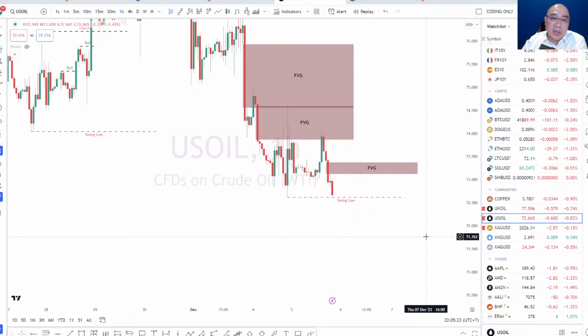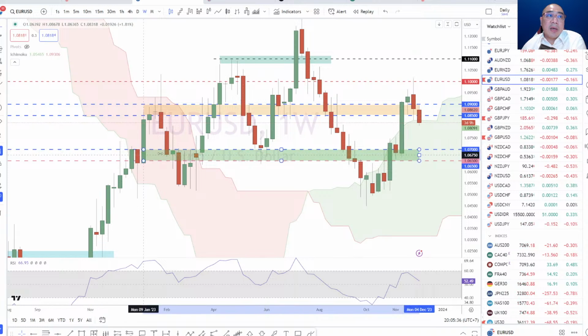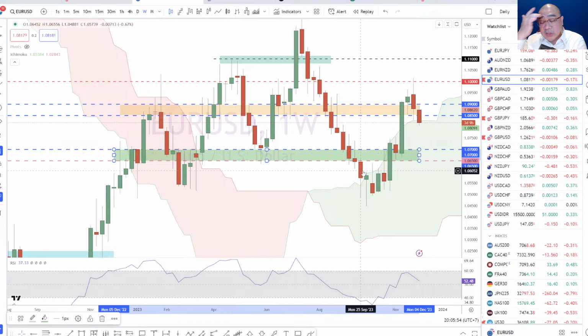Most of the time it trends. So every time it trends, it will actually create a new range. So we're not going to be looking at all those levels as very important. For example, here on the outlook, the market just comes back and forth between this range, basically from December 2022 all the way until now. There are actually only two that I highlighted, which is 1.0850, 1.09, and then the other one would be at 1.0650, 1.07. So not all levels become a very important level. Just keep that in mind.